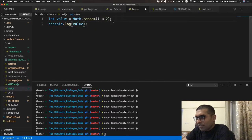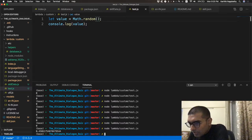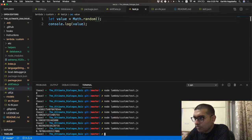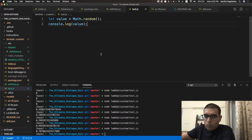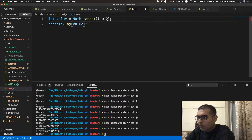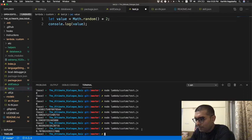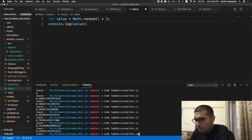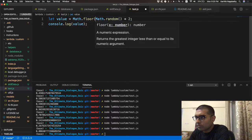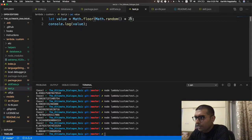I don't know much about JavaScript, and a lot of these things you will notice that I'm just learning as we go. Okay, so Math.random, yes, Math.random, that sounds exactly what Rajat said it would do. It would basically take 0 to 1, right? And what we are doing then is between 0 and 1 less than the count. So we kind of multiply this with 2, right? And then we kind of do a Math.floor, right? I kind of feel that,